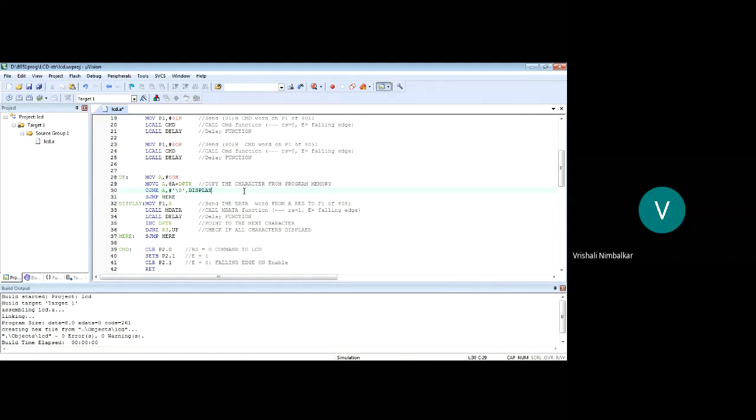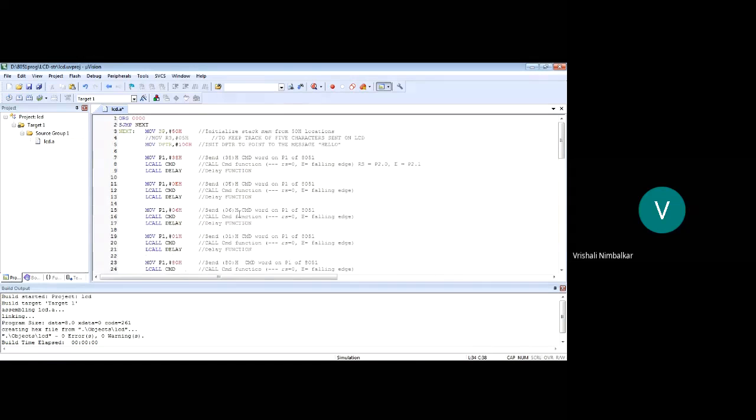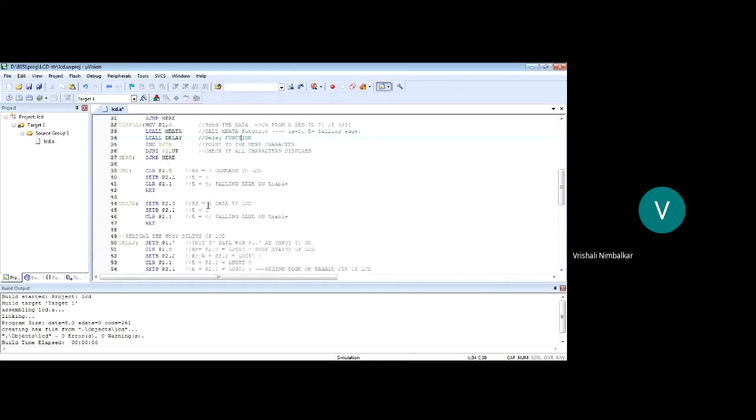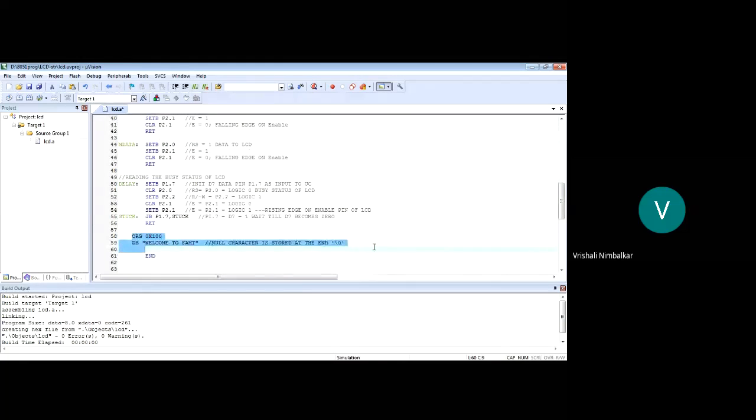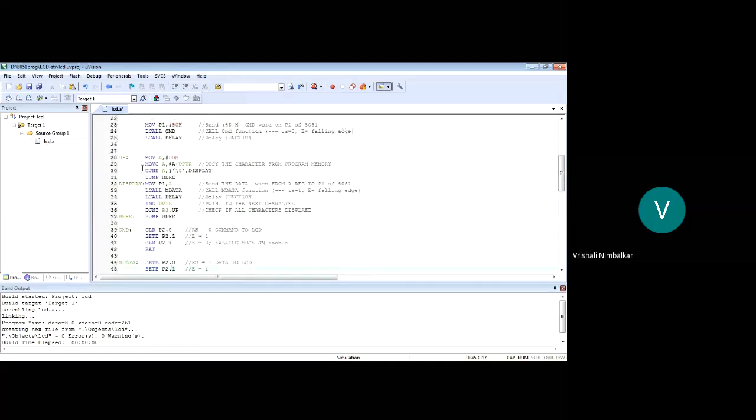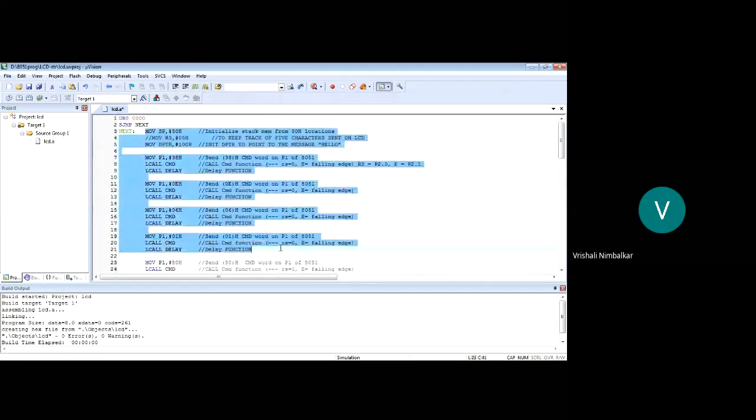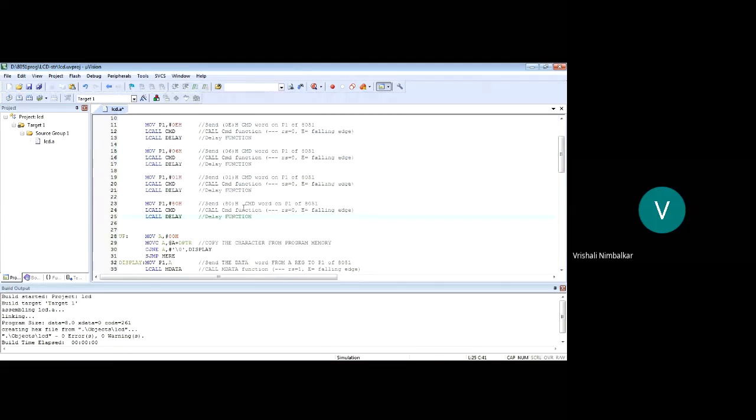Hope you all are getting me, students. And that's how your programming should be. It should be general, right? Whatever modification, you just modify the message. What you want to display, you just modify the message, whereas no modification is required in the display program, in the main program or in the functions. That's called good programming, okay, students.